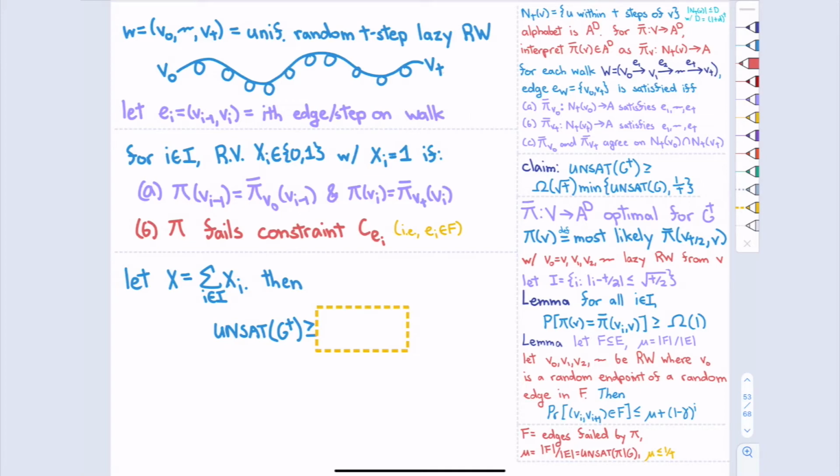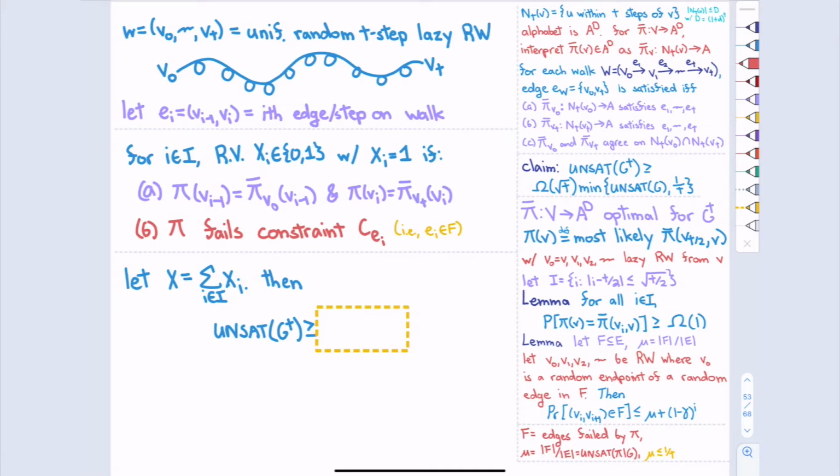That means that if I looked at that edge, then we have these conditions that v0 thinks that vi minus 1 agrees with pi v0, and vt thinks that vi is equal to pi v0. And those two don't actually satisfy that edge.